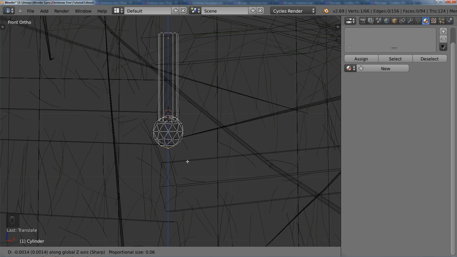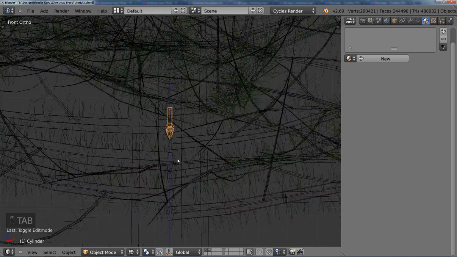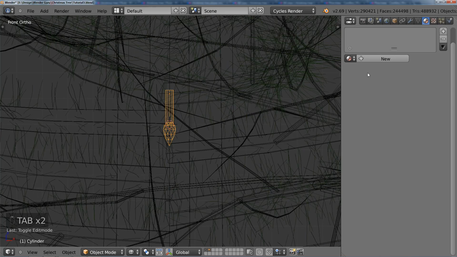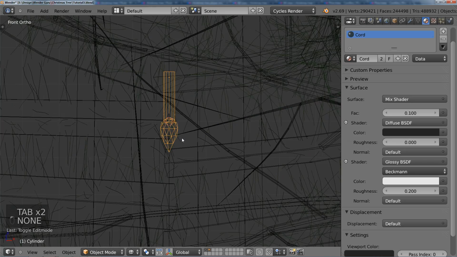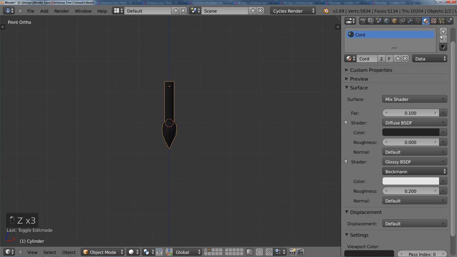I've got to scale this way in because it's working so small, right? All right, just going to pull that out, and this is going to be our Christmas light. Okay, it's really dodgy looking, but trust me, it's so far away from the camera that it really will not matter. But I'm going to give it the material of Chord, which is just black at the moment,